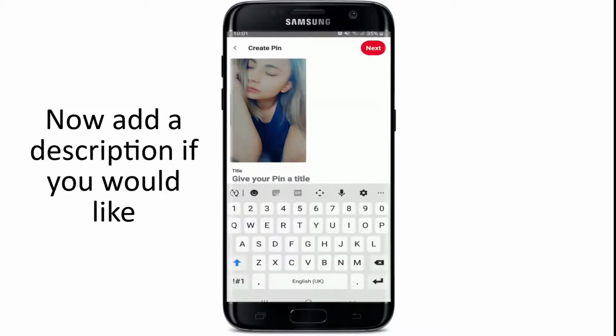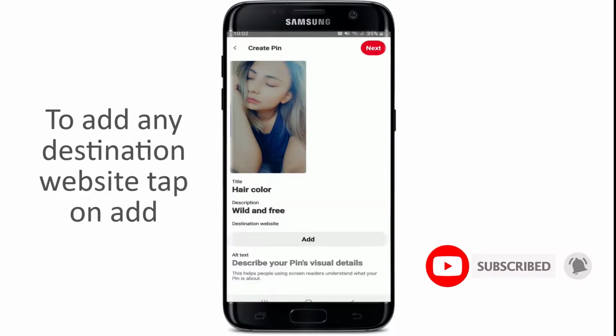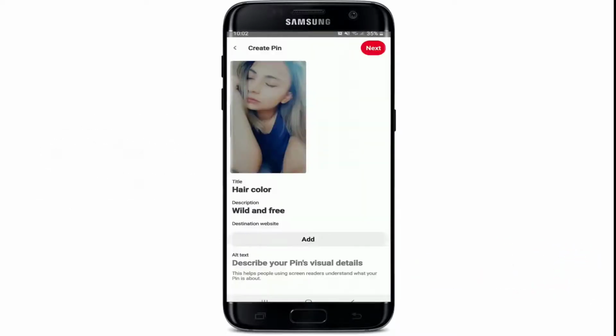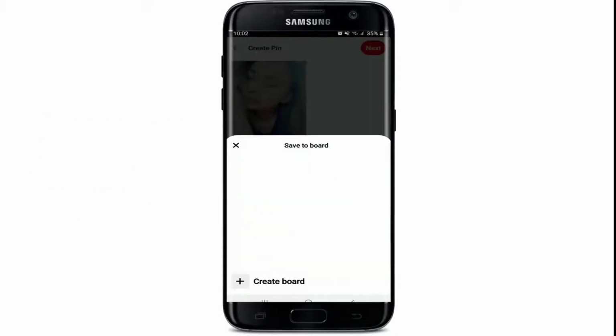Now add a description, if you like, and give your pin a title. If you want to add any destination website, then go ahead and tap on Add, and enter the web address. After you're done, tap on the Next button in the upper right, and after you're done, you can also save